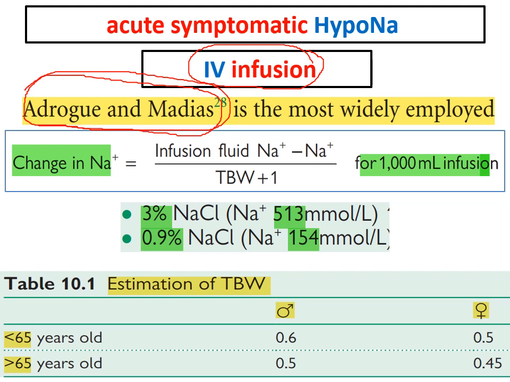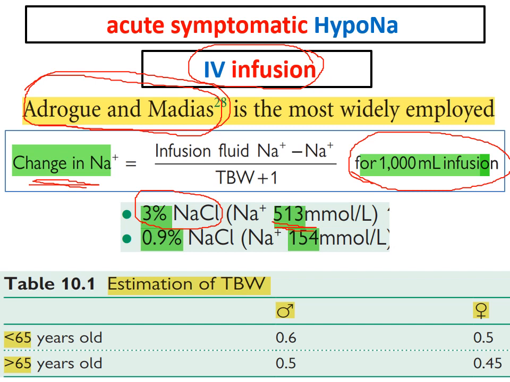This is the formula. For each 1 liter of the given fluid, we calculate the change in sodium. Of course, if we give hypertonic saline, which is the most common, the 3% sodium chloride, the sodium content is 513 millimole per liter. So this equation will calculate the change in sodium that will occur in the patient with giving 1 liter of